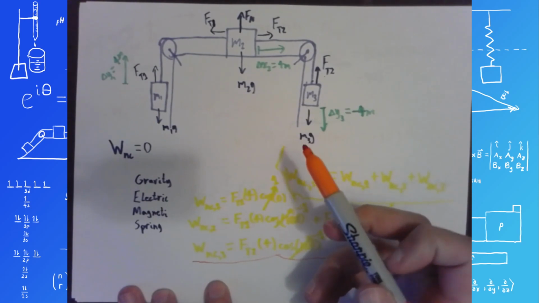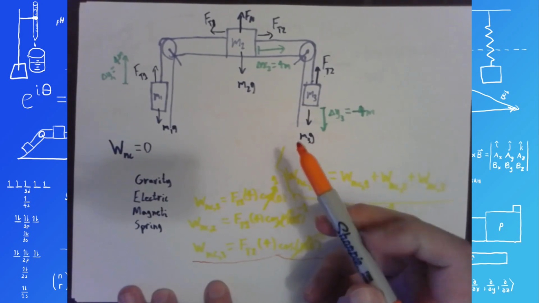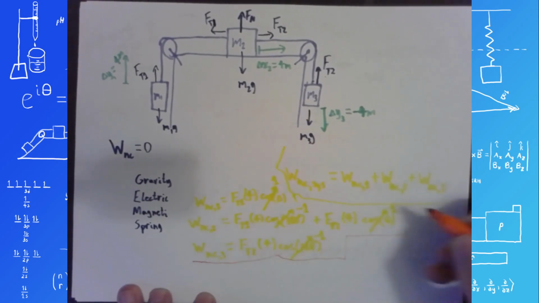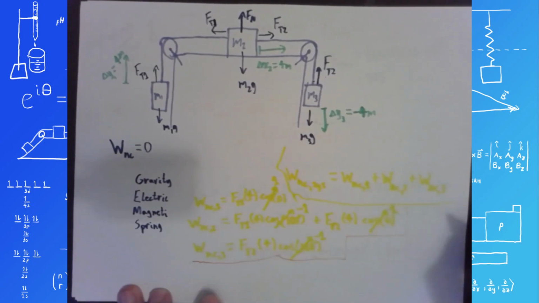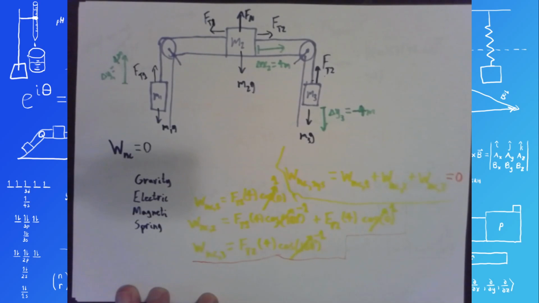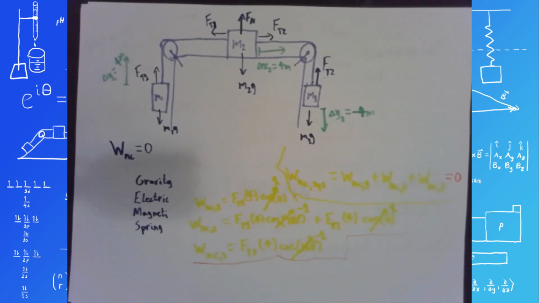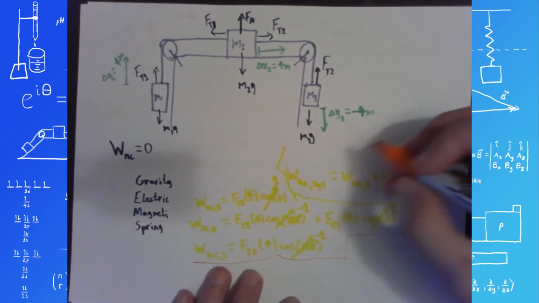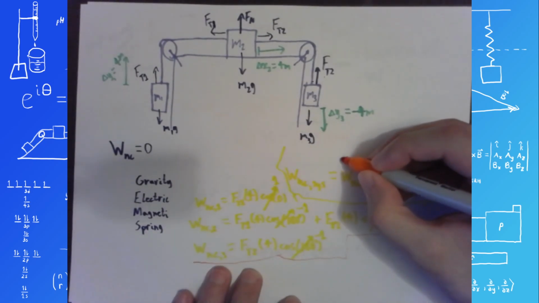Anyway, what did I want to do next? Well, I guess we can say that this sum is equal to 0. Don't have to rewrite it again. So when you add the non-conservative work for each of these objects, that turns out to be 0, which means then that the change in mechanical energy